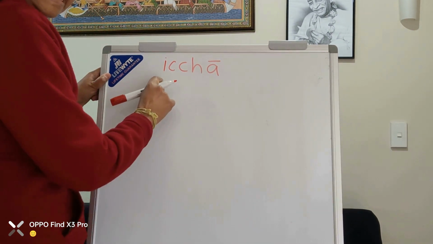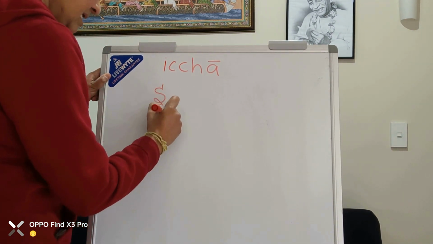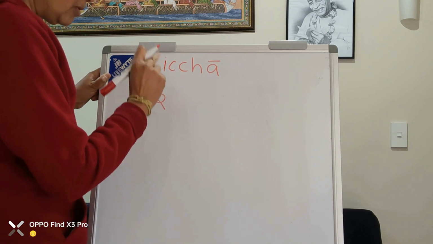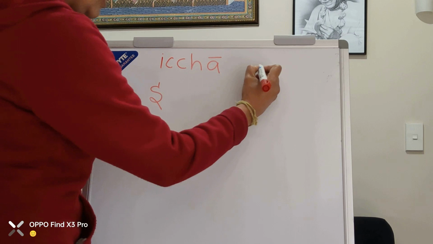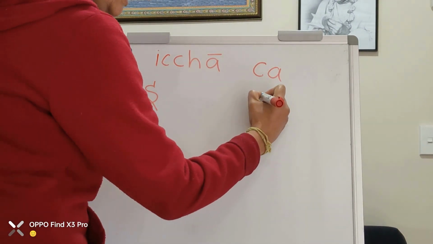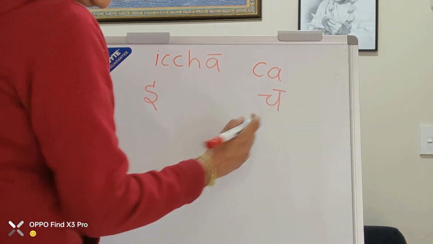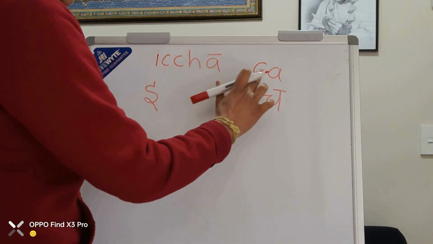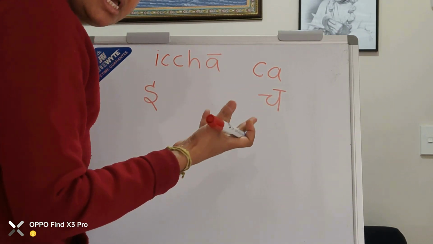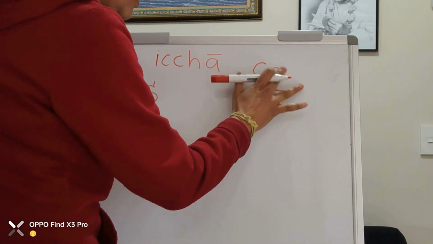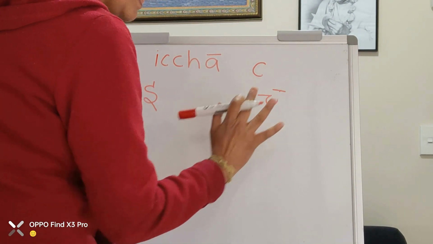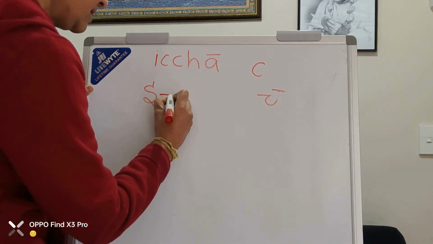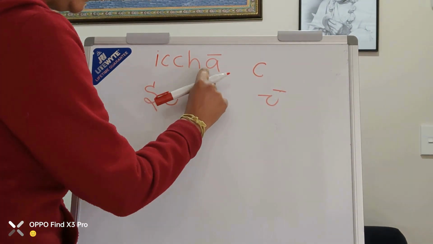Okay? I is written like this. It is a swara, a vowel. Ch. Now if it was a full cha, we would write it like this, right? Because it's only a half ch, without the vowel sound, we remove this line. So we just write this, then the cha,